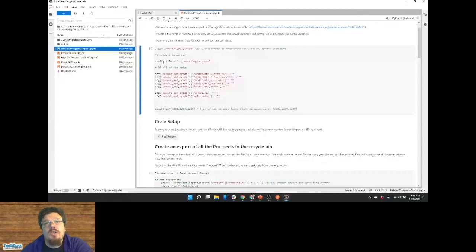There's a question: new to Pardot, not familiar with code, do I need to have code knowledge to learn Pardot? No, you don't need to have code knowledge to learn Pardot. This is not on any certification test that I've taken thus far. This is like the next level. This is like super geek, Pardot super geek type stuff.